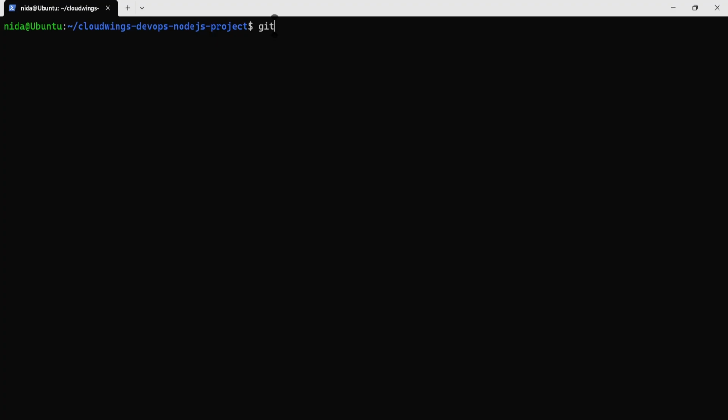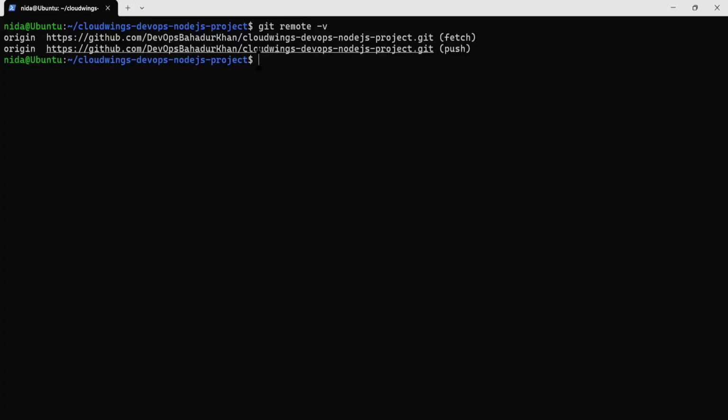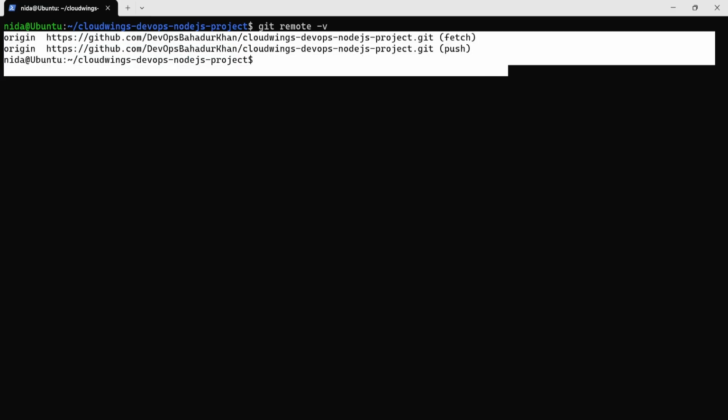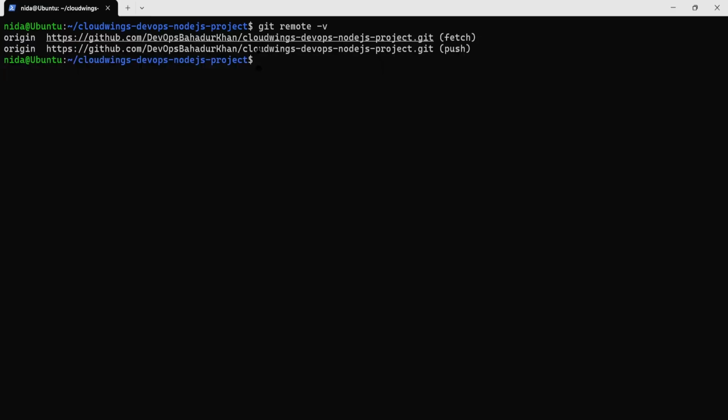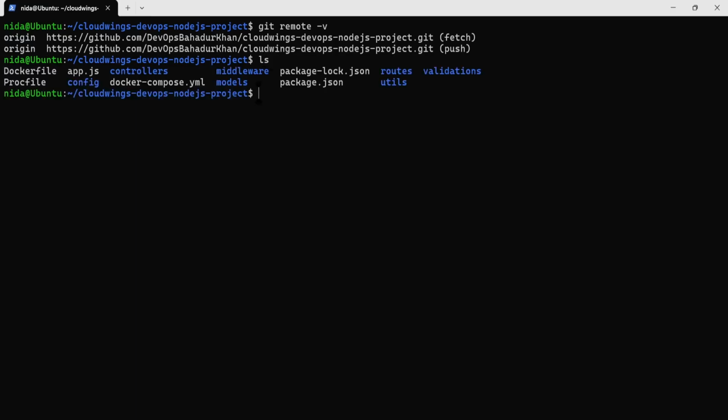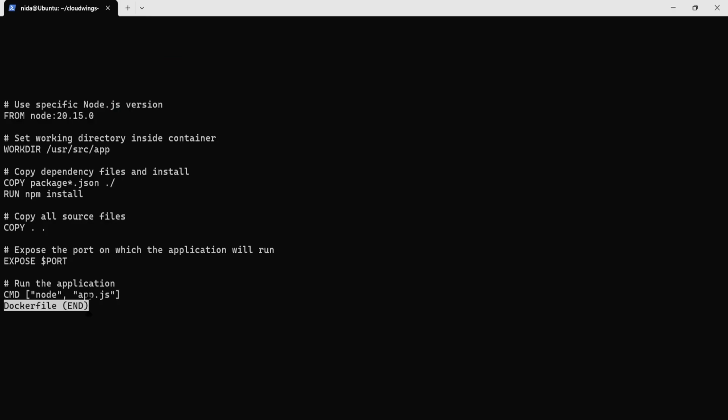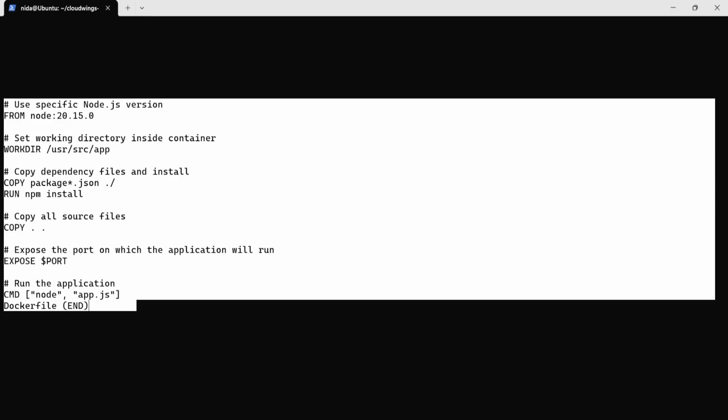So here I will show git remote -v, right? I will share this GitHub repository with you guys, so you can use it. And I will show that I have already written one Docker file. You also need to write the Docker file. You already know how to work with Docker because we have seen in the previous videos all about writing Docker files. By the way, I will show you this Docker file, and after that I will